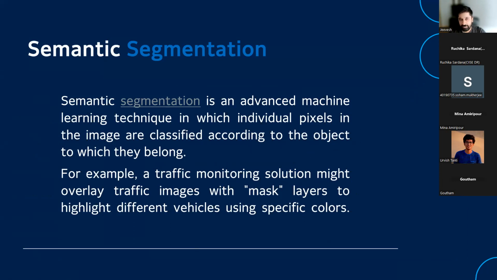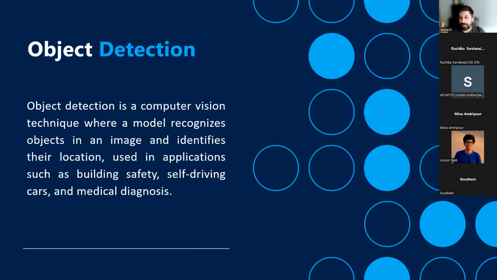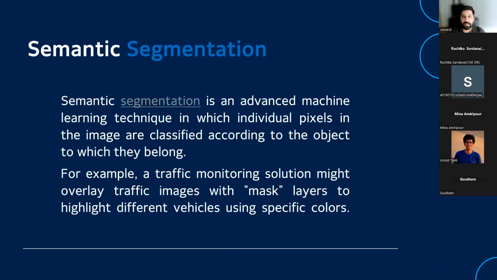From a very broad level, if we have to look at these models, image classification is when you have something and you want to classify it in one of the categories. What you want to classify depends upon the code that you write, or the model that you train. The second one is detection, where you want to detect what is there in the image. There's a human, there's a car, there are the features of the image, what is there in the background. The next one is semantic segmentation, where you're doing an analysis of the pixel.